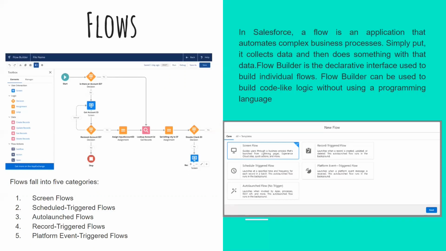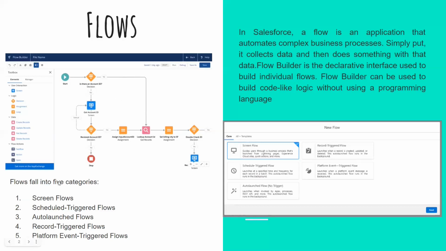But if your flows aren't configured correctly, they might be difficult to manage or make a mess, which is also kind of rock star. In this video, I will try to explain what a flow is and show a few simple examples of flow. A flow is an application that automates complex business processes. Simply put, you can create a logic or process to do some task on your data. Even if you don't have knowledge of programming, you can build complex business logic using a flow.